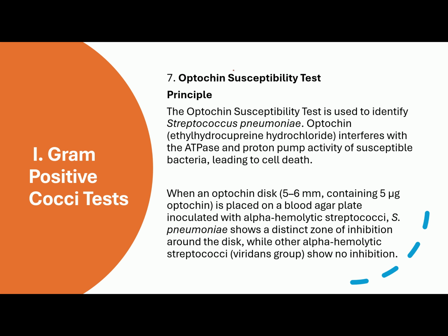Now let's go to another antibiotic susceptibility. This time si optochin. Now optochin, class, was previously known also as your Taxopi antibiotic. So the optochin susceptibility test is used to identify Streptococcus pneumoniae. Optochin, chemical name ethylhydrocupreine hydrochloride, interferes with the ATPase and proton pump activity of susceptible bacteria, leading to cell death. Now, when an optochin disc, 5 to 6 millimeter, containing 5 microgram optochin is placed on a